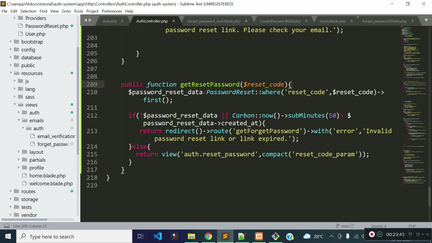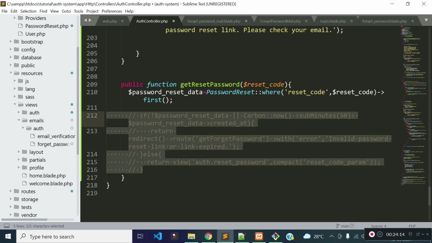And then I am checking if there is any record in our password reset table with the reset code in the URL, right? Then I am taking the first record, and then I am checking if there is no record present inside our password reset table. Okay, I will show you this later.